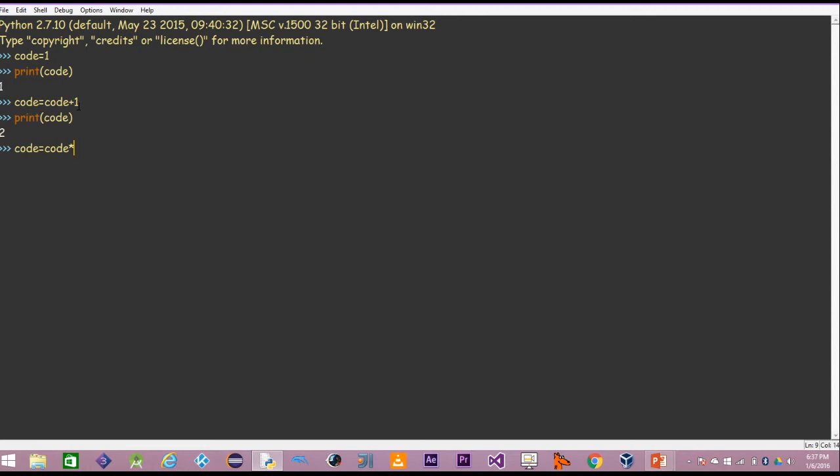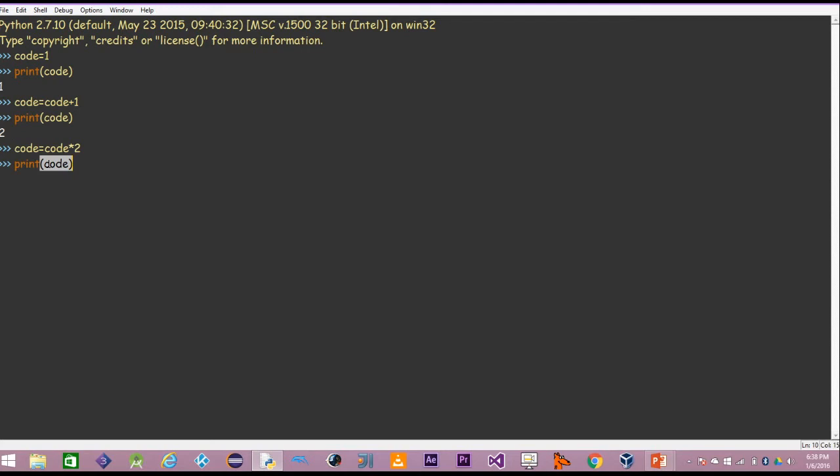And we could do simple mathematics. We could times it by 2. So we'll be reading it from this direction. So 2 times code is now stored again in code. Yeah, that makes sense. And we can print that out and we'll get,